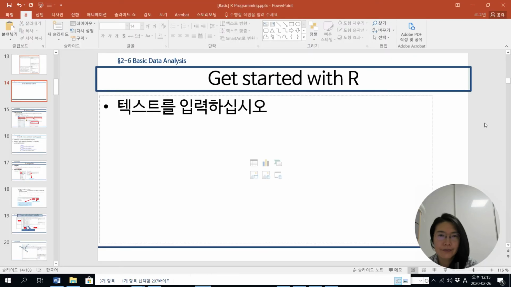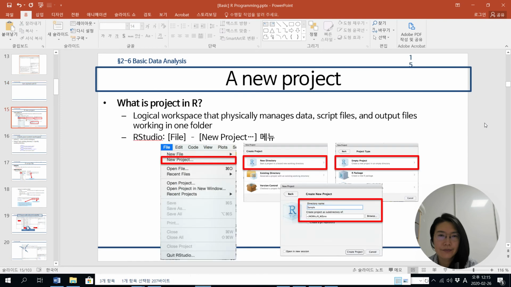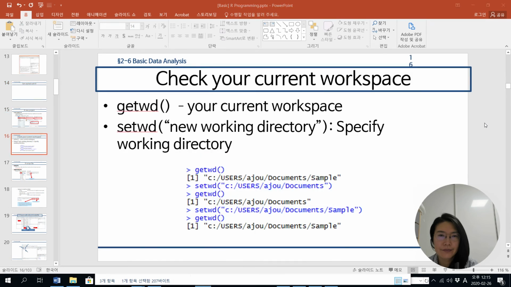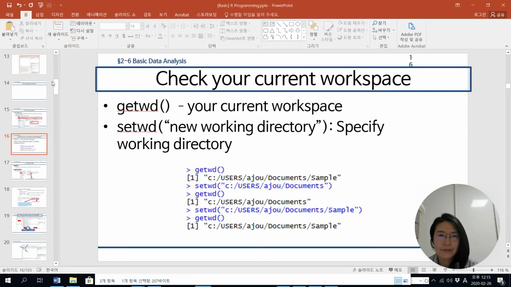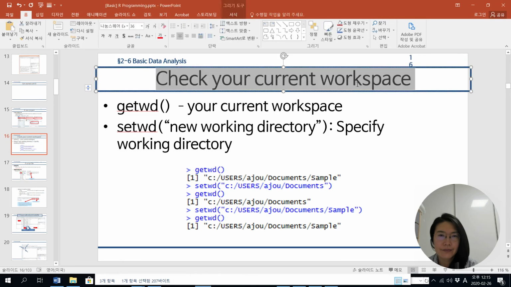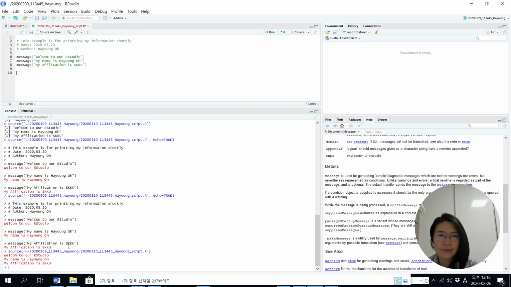Okay, we covered getting started with R already. A new project. As I talked to you before, the bottom right name is Project. Under the project, many kinds of source files can exist. One of them we've used today. And if you want to check your current workspace, you can use these functions. All right. Okay. For example,